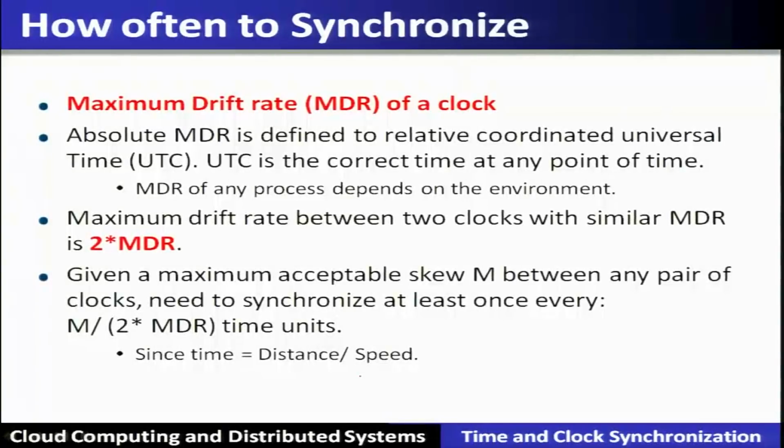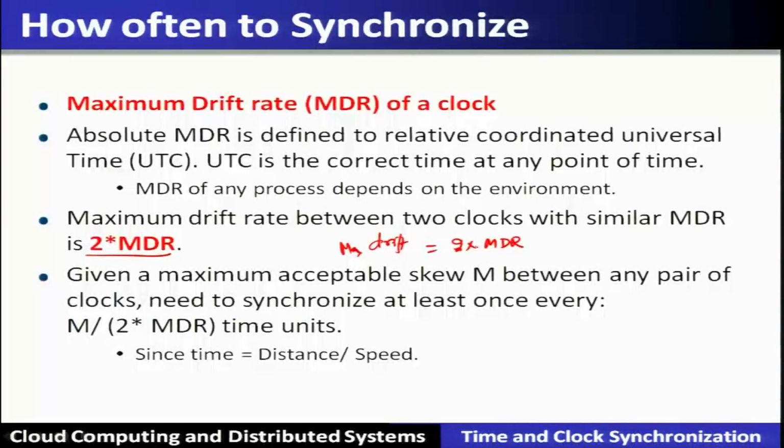The absolute MDR is defined relative to the Coordinated Universal Time, UTC. So, MDR of any process depends on the environment. So, the maximum drift rate between two clocks with a similar MDR is equal to 2 times MDR,